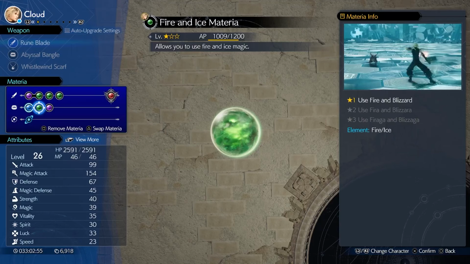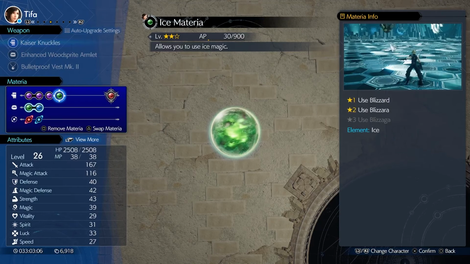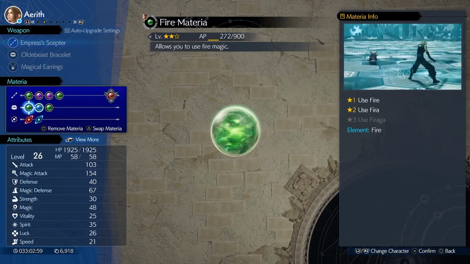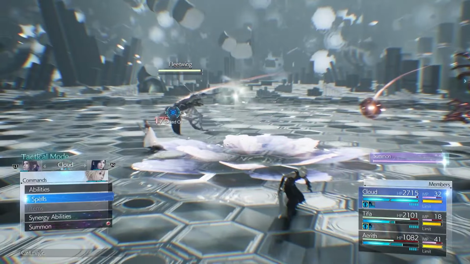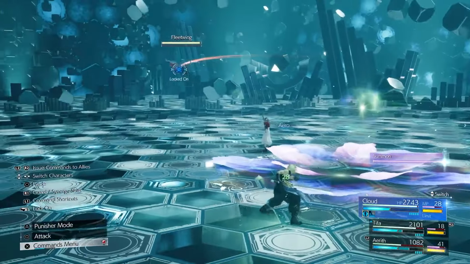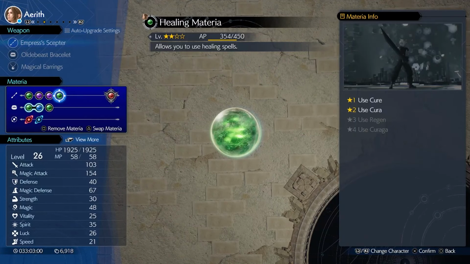For green materia, make sure that everyone has ice materia. Hopefully at least one with 2 stars, so that you'll be able to use Blizzara to target Phoenix's one major elemental weakness. You should also have fire and wind equipped on one character to deal with the elemental weaknesses of the enemies that Phoenix will spawn. Outside of that, make sure that you've got a dedicated healer that can cast Cura to keep the party topped